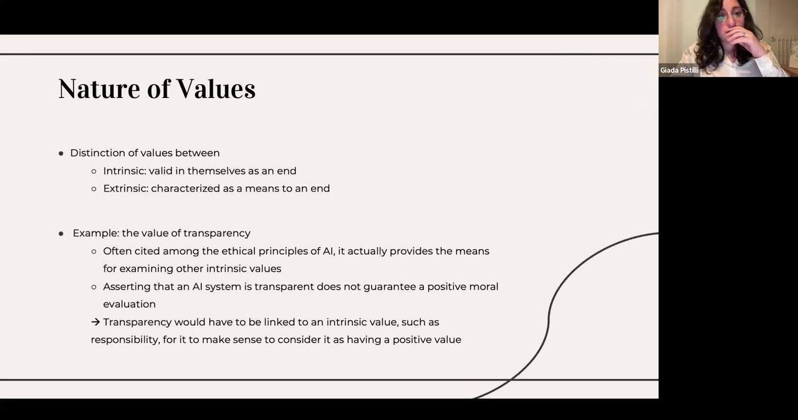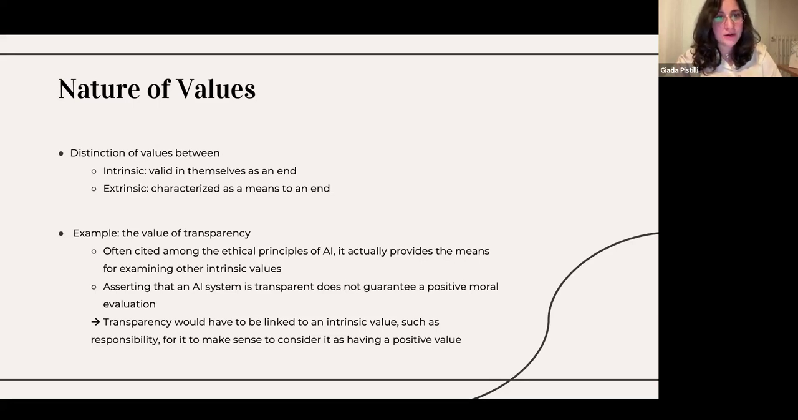So if we try to look at natural values, we also briefly said it before, in value theory, there's usually also the distinction of intrinsic and extrinsic. When we talk about intrinsic values, really briefly, we mean that those values are valid in themselves, as an end. And when we talk about extrinsic, it means that they are characterized as a means to an end. To give you a concrete example, the value of transparency, which is really easy to find in a lot of ethical frameworks or ethical charters when it comes to AI,